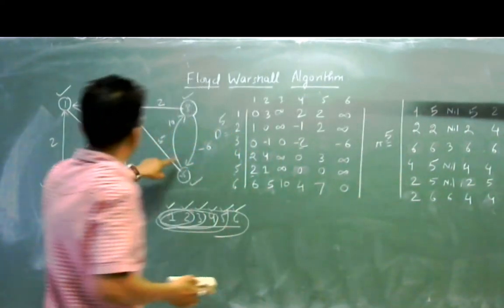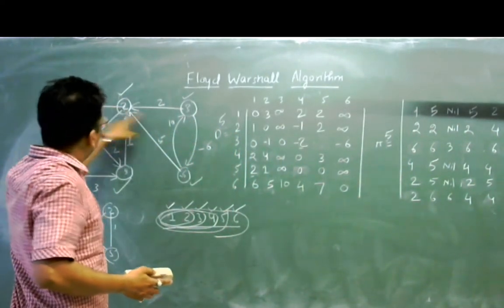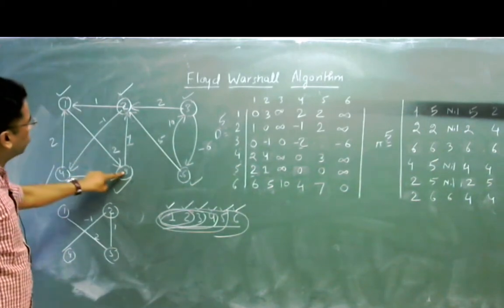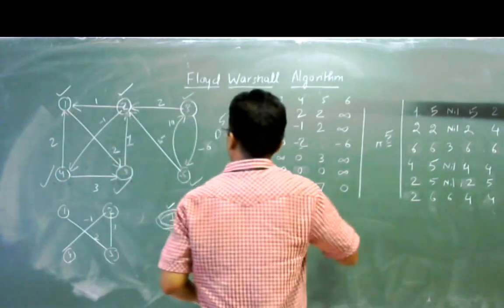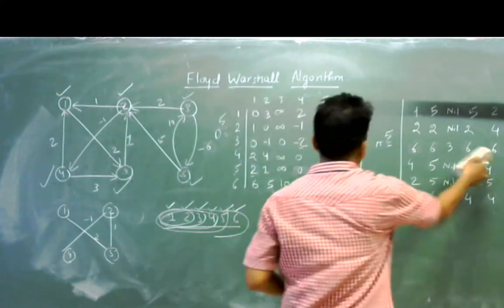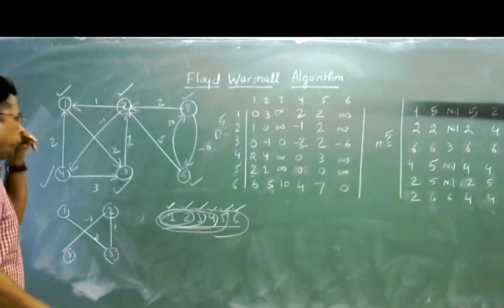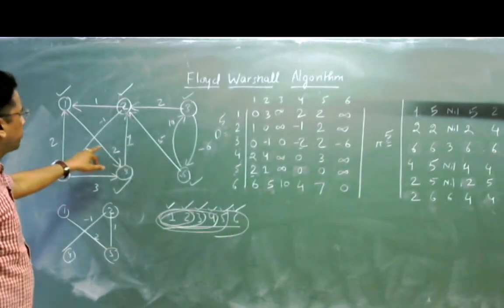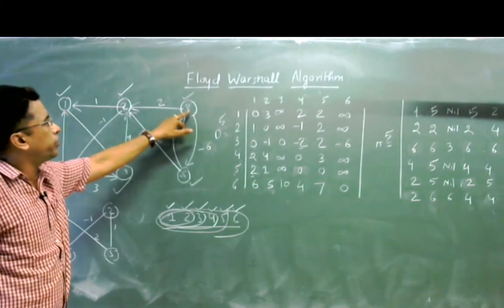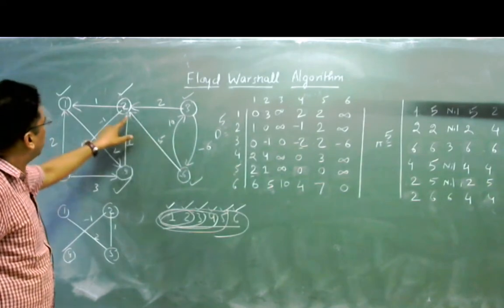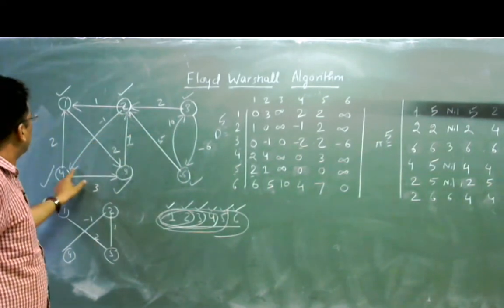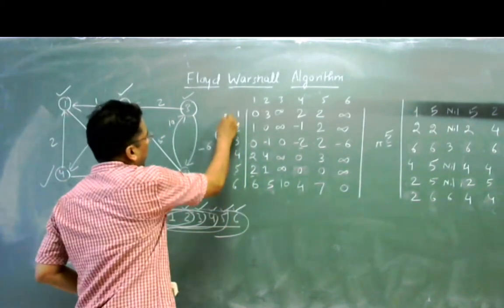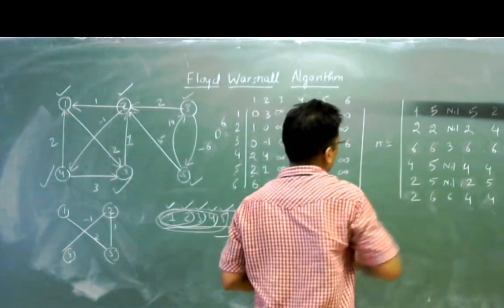And to the 5, the distance is -6 plus 5, and -6 plus 5 -1 -1 plus 1 is 0 and 2. The 5 distance will be equal to 2, and that will be equal to, there will always be 6. And the distance of node number 3 to 3 will remain 0. Okay, and from the node number 3, the distance of node number 1 is equal to -6 plus 5 -1 -1 -2 and will be 0. So this will be the final, this we call the D6 matrix, and this we call the pi 6 matrix.